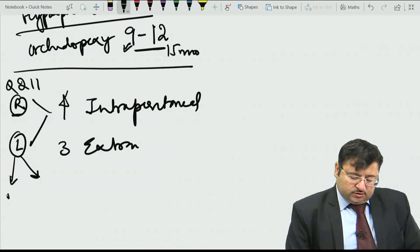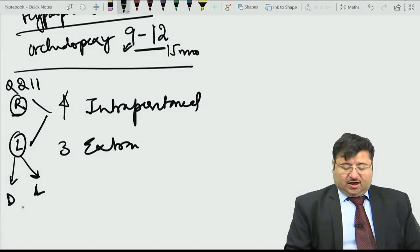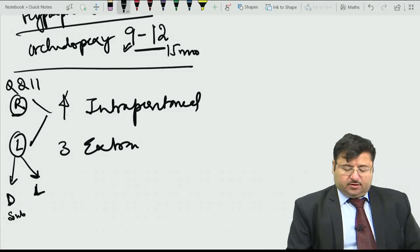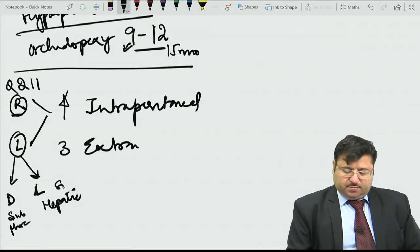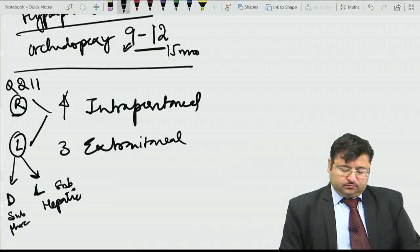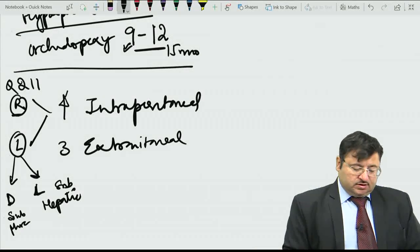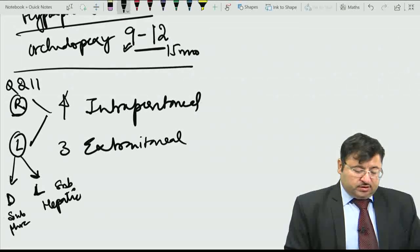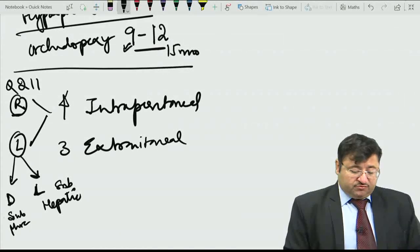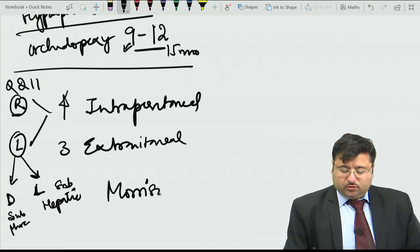So we need to remember the diaphragm and the liver, and then just below that. Phrenic is the diaphragm, so subphrenic, left and right, and subhepatic, right? Which one is the largest of these? The right subphrenic is the largest, and this space is the deepest of the four, and usually it is just below the right lobe of the liver, in the Rutherford-Morrison's pouch, more commonly known as Morrison's pouch,